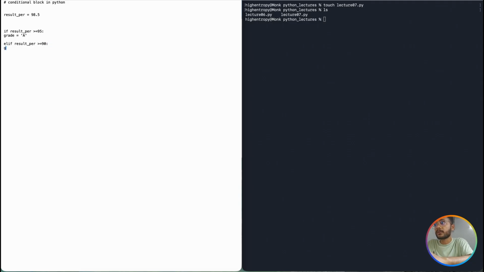So grade equals to B, and again I just kept a space, that's not going to harm you. So you will say result percentage is now greater than or equal to 85.